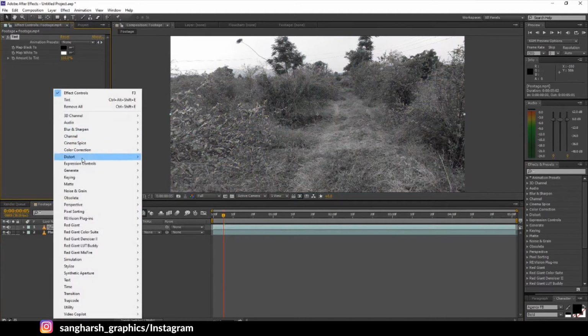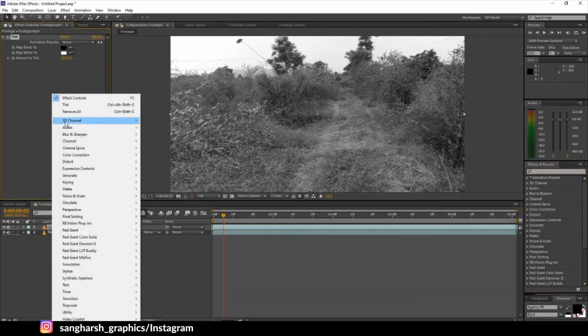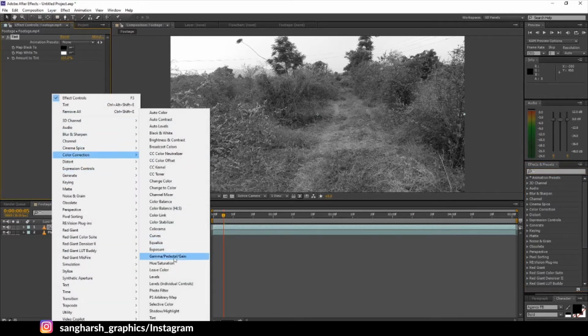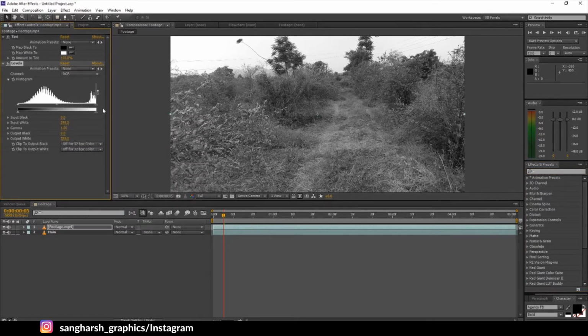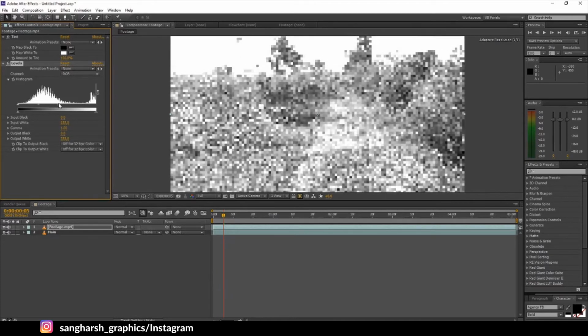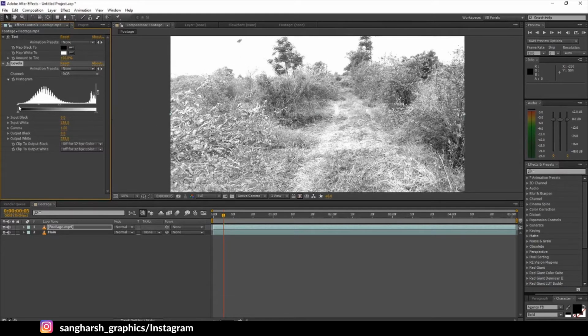Again right click or go to effect preset or just search here, right click, go to color correction, levels, drag the white area to something like this and black to here, and the middle button something like this. Just like this. So we are done.